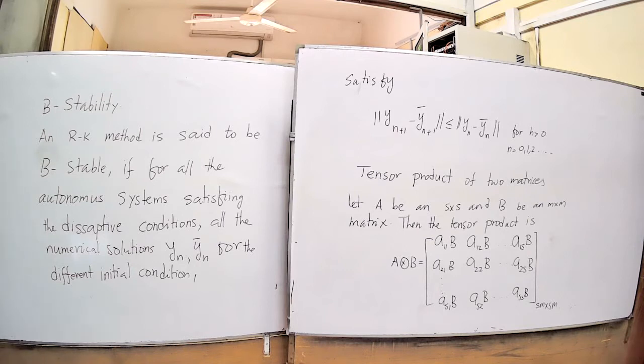So in this case, what you do is it is going to be a large size matrix, right? When you multiply an S cross S and an M cross M matrix together under the tensor product, you get a matrix of S times M cross S times M. So if you have a 3 cross 3 and a 4 cross 4 matrix, then the product is going to be 12 cross 12, right? That is how you define the tensor product of two matrices. A simple example, let me show you.